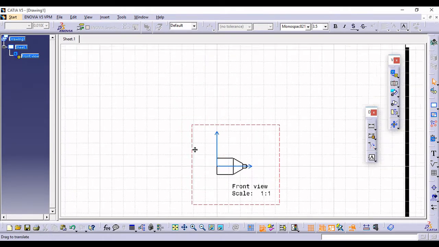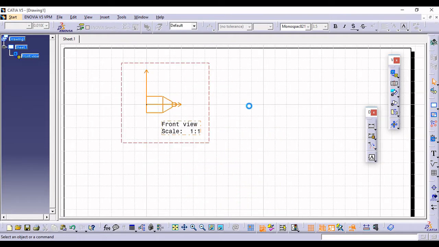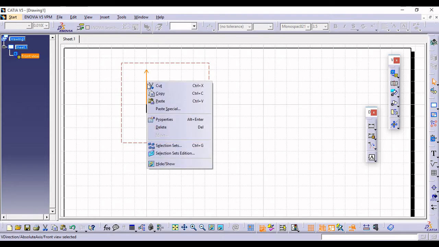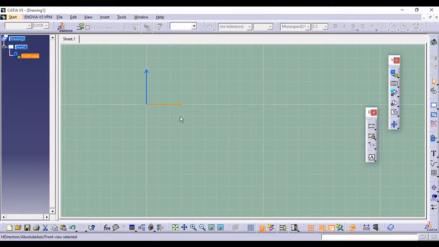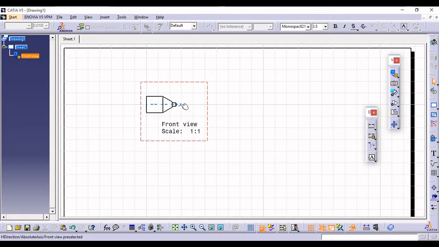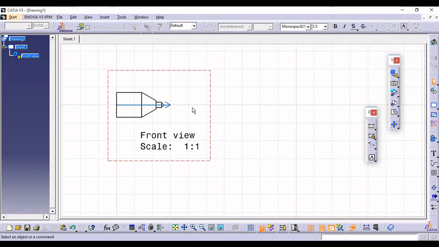Next part is to simply hide these two axes, vertical as well as horizontal. There are two methods for hiding this one, as well as for showing it. Select this, right click and go here to hide. And one more method is there: select this and simply hide it. So by two methods we can hide this one. If you want to show it, simply go over here, select this and say unhide or simply show. See, in this way the part comes back into the picture.